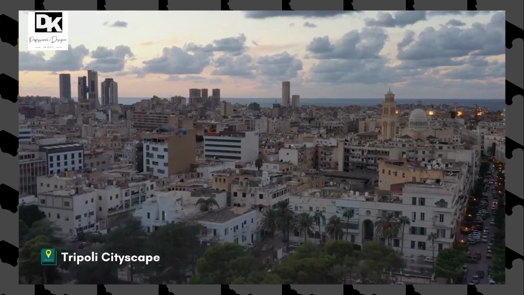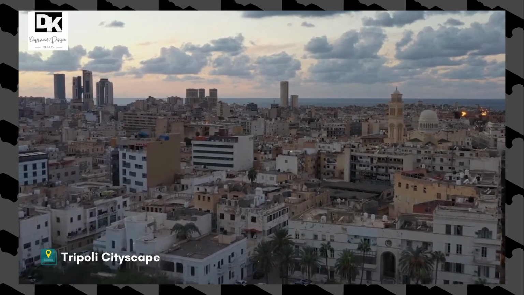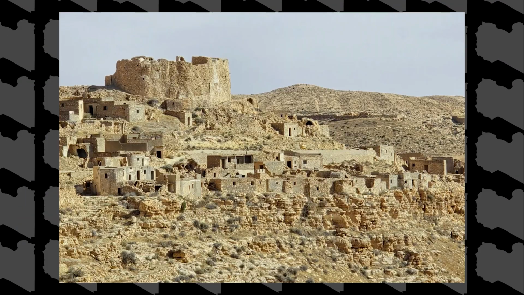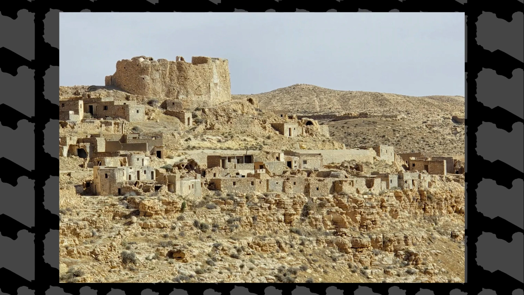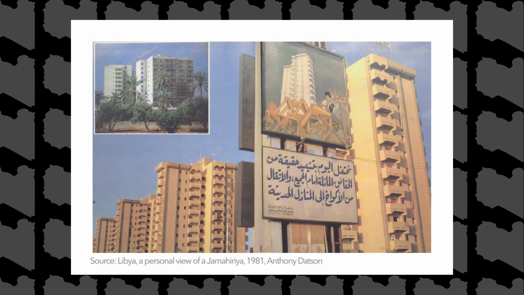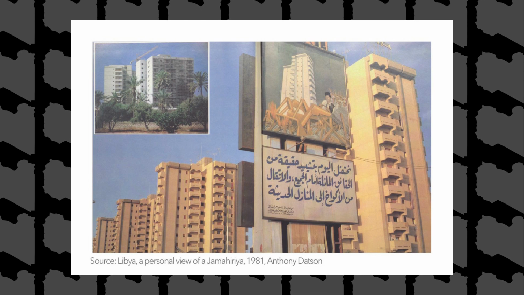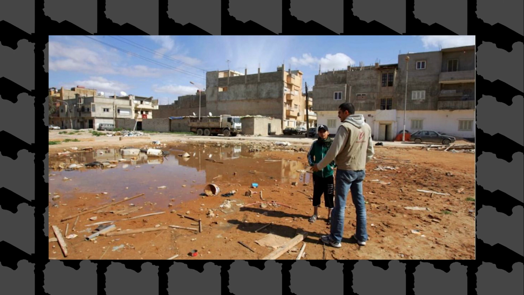As tribespeople abandoned their nomadic lifestyles and urbanized, Gaddafi resettled them in more desirable areas if he liked them. Other tribes saw their settlements decay and decline, resulting in two distinct versions of Libya emerging. The first Libya, for the tribes and towns that Gaddafi liked, had modern housing blocks with standards of living not far off from European countries. The second Libya was being left behind and got a smaller slice of the oil wealth pie.